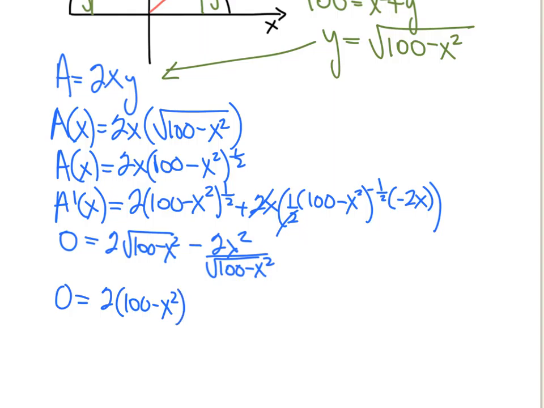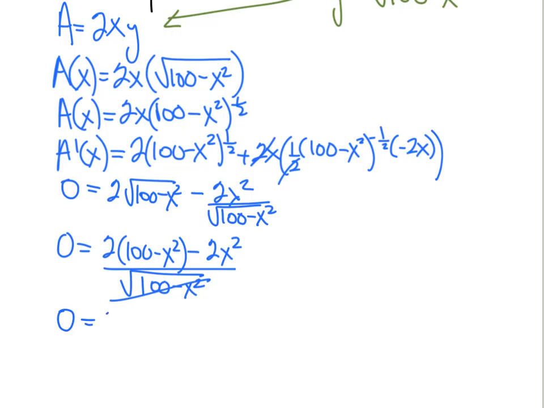So that multiplied by itself is going to give the actual value, minus 2x squared all over, so now we have a denominator of root 100 minus x squared, and so this is going to cancel out, and so we're left with